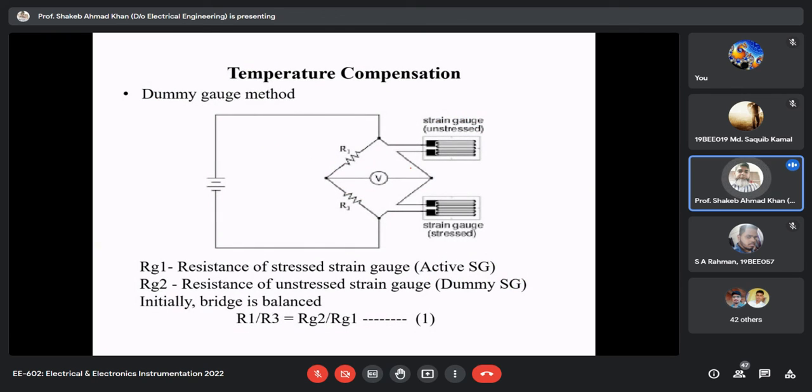So you can see the bridge offers another advantage, another required feature, that it can compensate for the temperature. And this method is called,